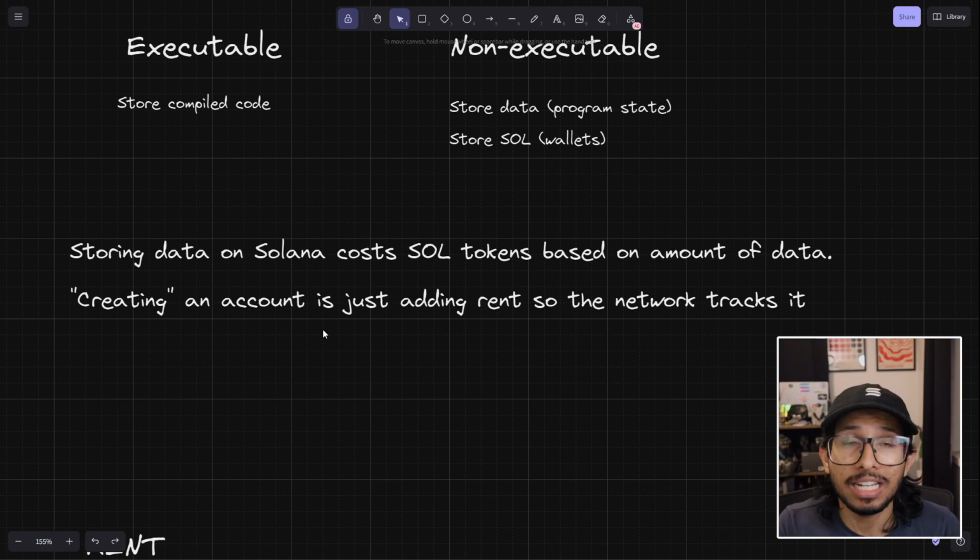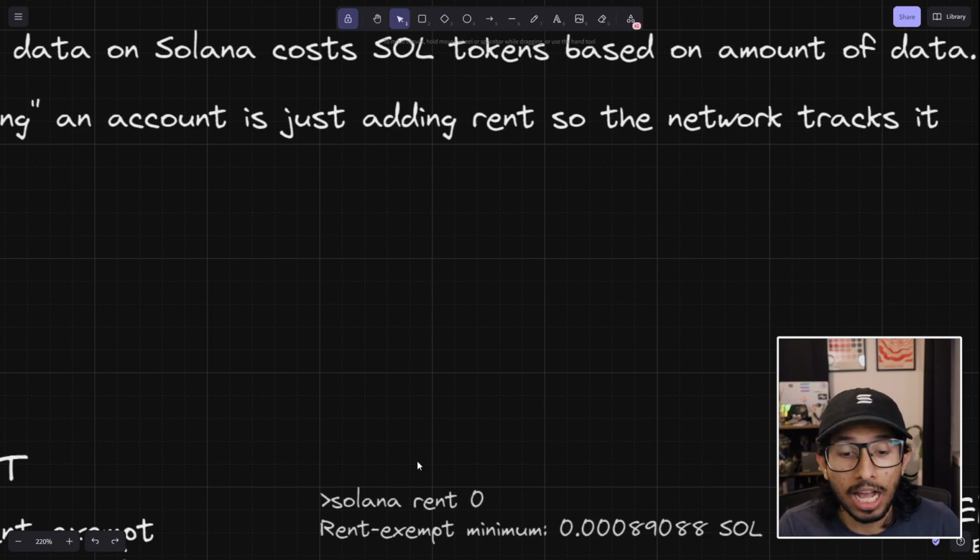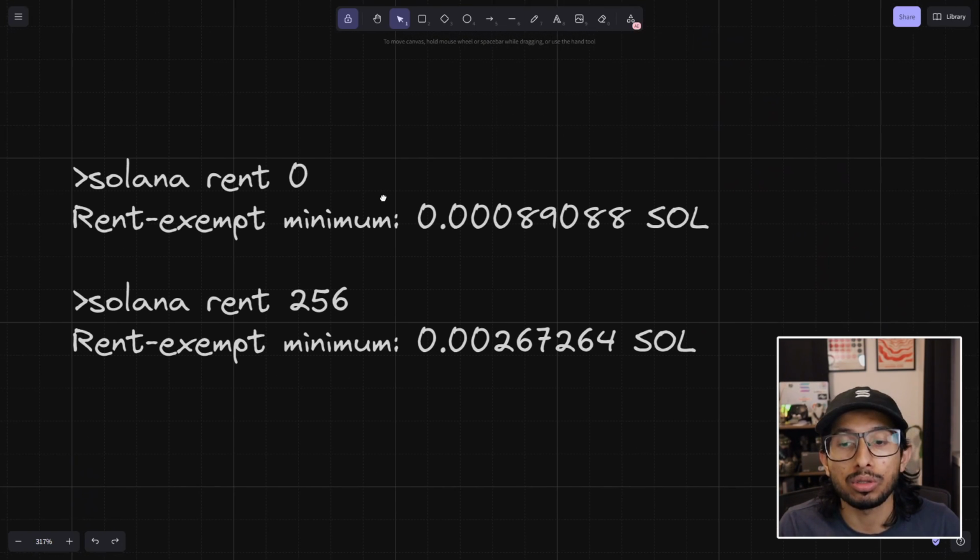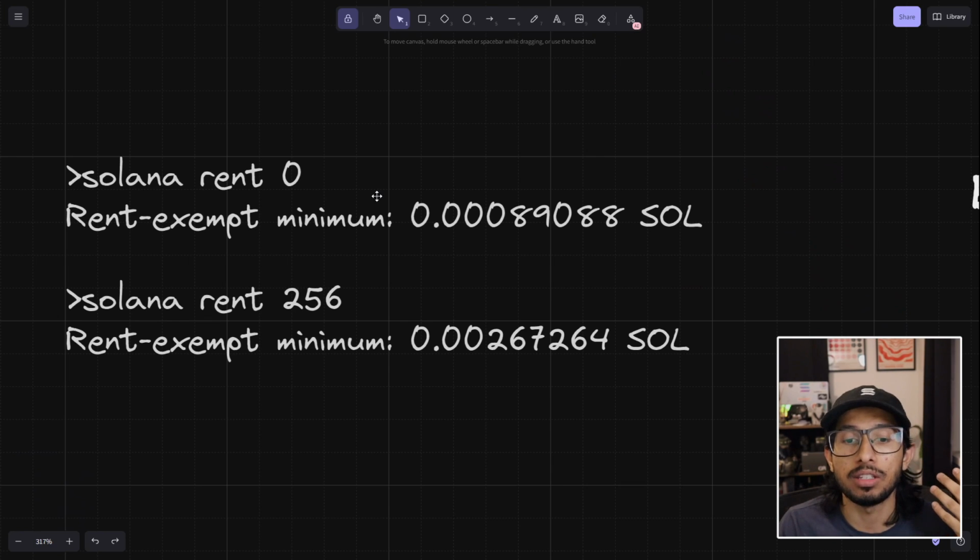Now, when you create an account, all you're doing is adding rent so that the network tracks it. And again, the amount of rent, or the amount of Sol you pay, is based on the amount of data in there. You can calculate this via the CLI, and there are also functions on contracts as well as JavaScript libraries that tell you how much Sol you need to pay for the amount of data you're storing. So for instance, if you're storing 256 bytes, at today's prices it's going to cost you this amount of Sol